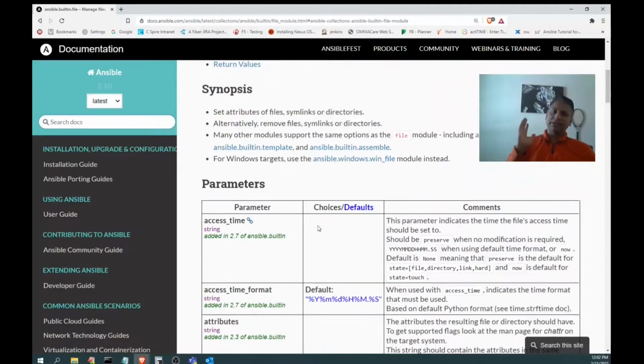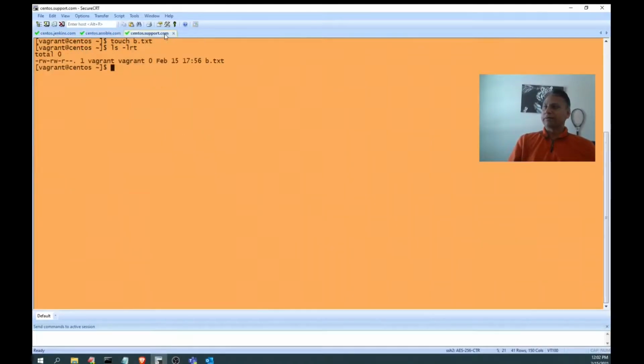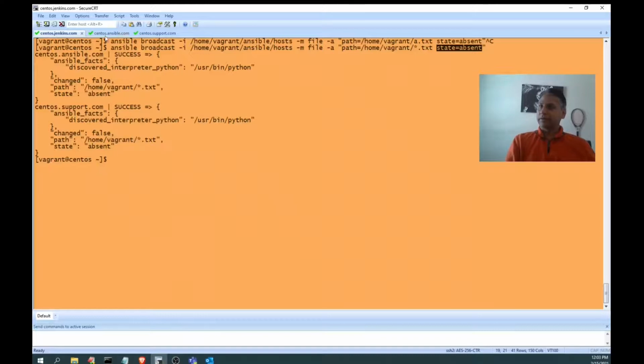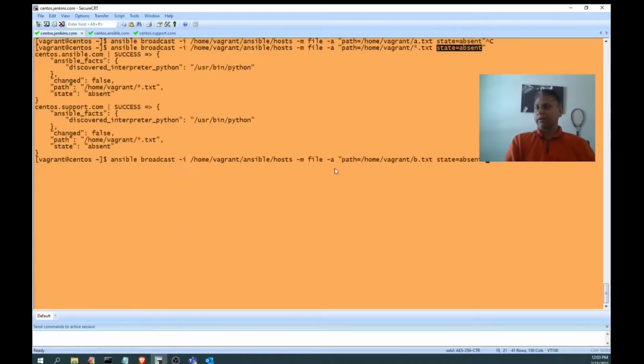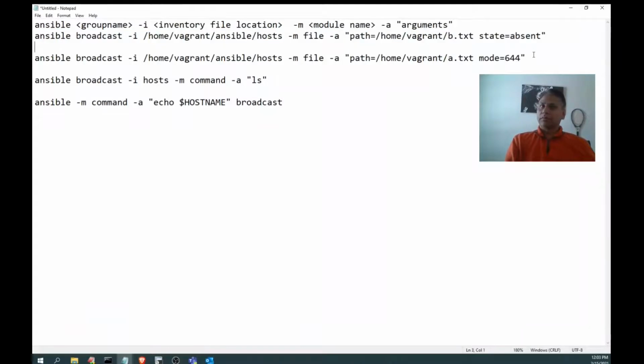That's what we need. First we need to understand how to extract a good amount of help from the help page. That is very imperative. Then afterwards, same rubric only here. Now I deleted all the files from here. I am going to give b.txt, and also here for our testing purpose I will create another file called b.txt. Now I am going to run the command. Here I am giving b.txt and state equal to absent.